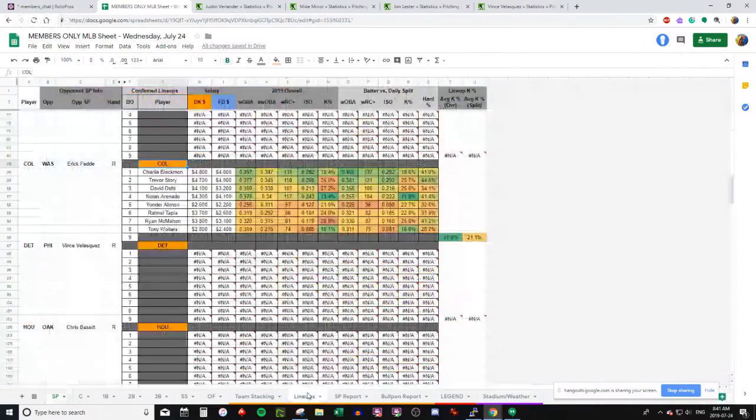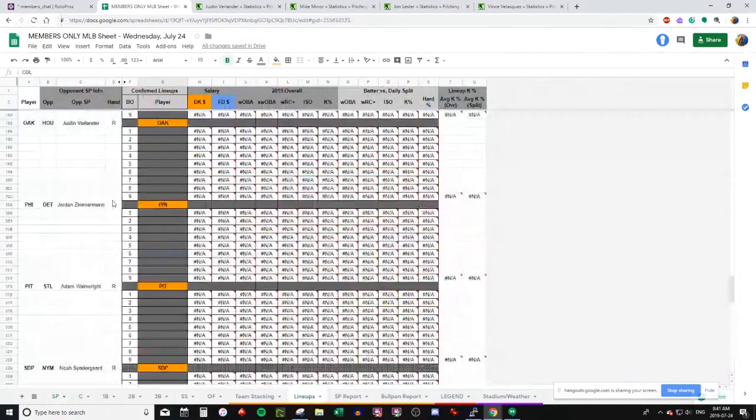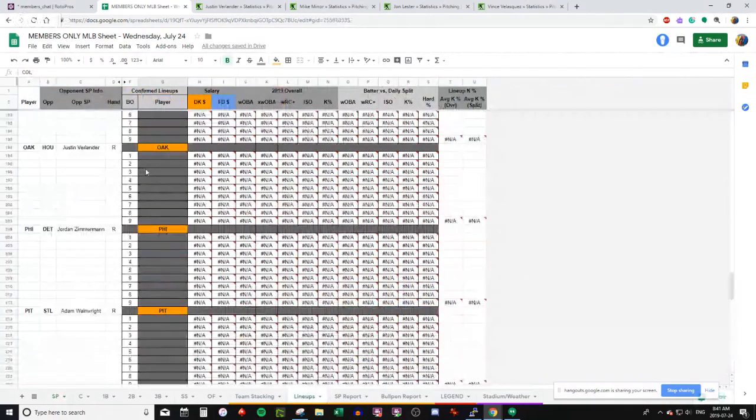And I don't have that link. It's going to be coming soon. Their lineup's not out, but once their lineup's out, we can come over here and have a look a little bit closer. And I'm actually going to have batters last 7, 14, and 30 days information on here as well,